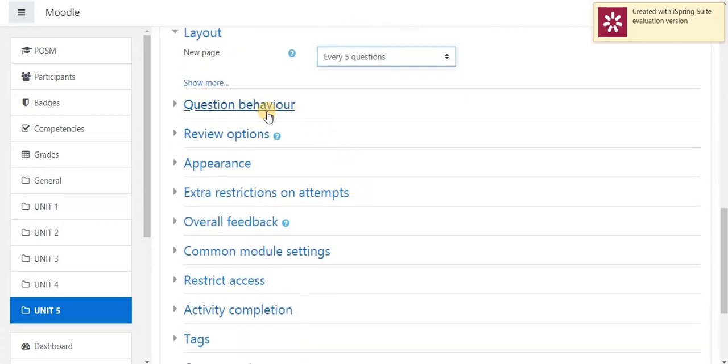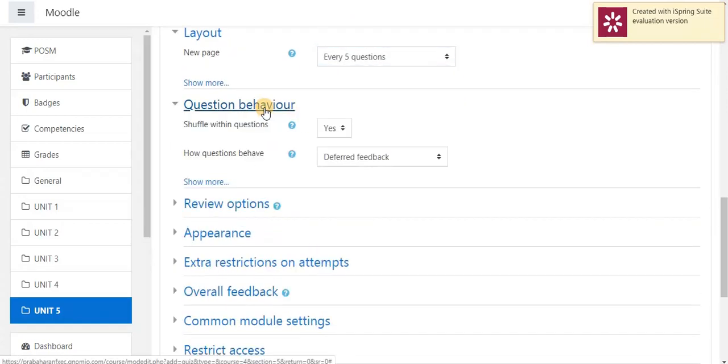The next, question behavior. So we can shuffle the questions for the students. If 2 students are going to attend the quiz, the first student's question order will not be repeated for the next student. We can shuffle the questions. For example, if I give 30 questions as a quiz, those 30 questions will not be in the same order for the second student.